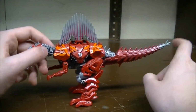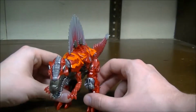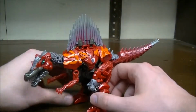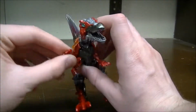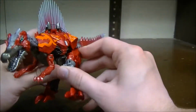Here, as you can see, he is a Spinosaurus. A very dinky Spinosaurus also. Just overall very nice figure. Very cool Spinosaurus mode. He does have some articulation in this mode. He does have ball joints in his forearms, as well as the